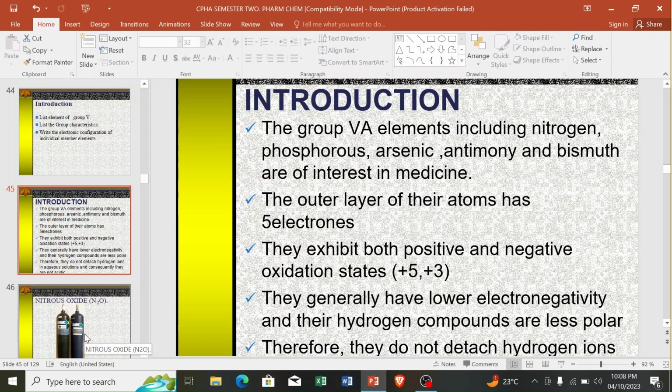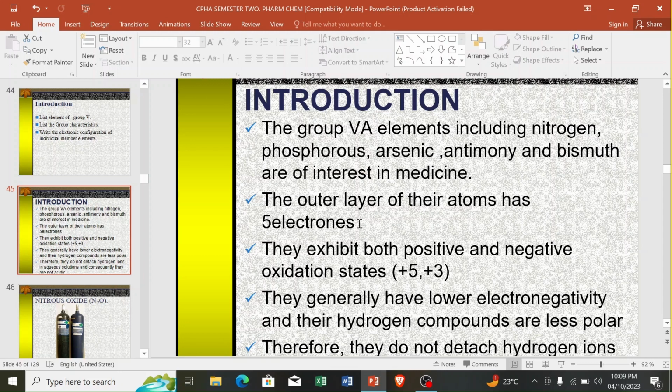So we continue with the introduction, where we see that group 5A elements including nitrogen, phosphorus, arsenic, antimony, and bismuth are of interest in medicine. The outer layer of their atoms have 5 electrons. That qualifies them to be in group 5 of the periodic table because they have 5 electrons in their outermost shell. Another word for this outermost shell is the valence shell,